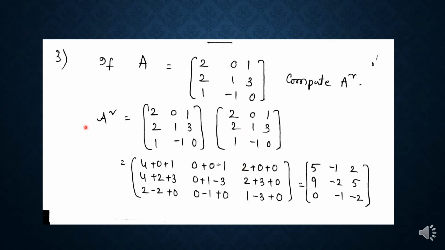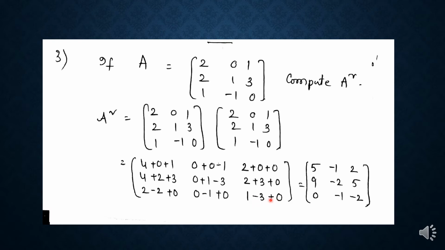Similarly, taking the second row into the first column, this is one, and the second row into the second column, this is the second element in the second row, and the second row into the third column, this gives the third element in the second row. Now coming to the third row into the first column, that is the third row, first element, into the second column, that is the second element in the third row, into the third column, that is the third element in the third row.